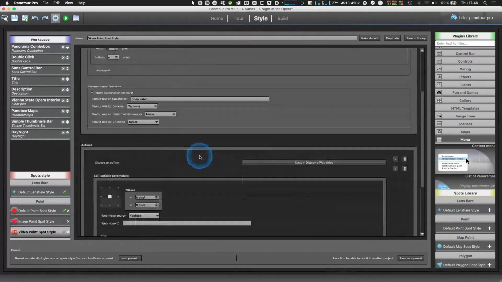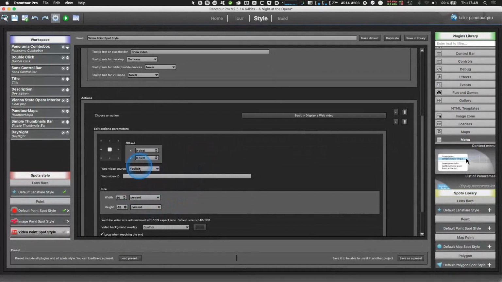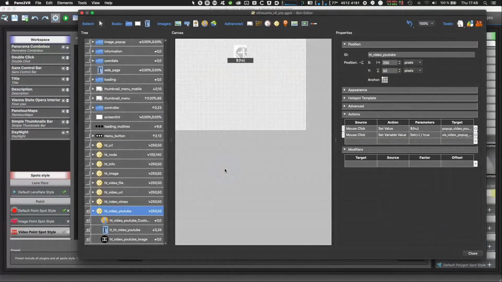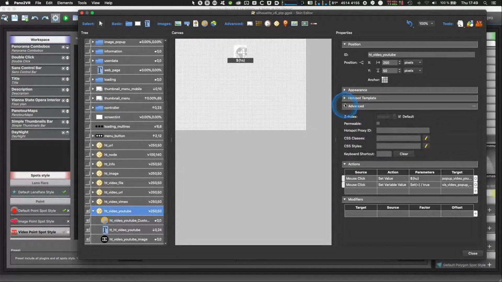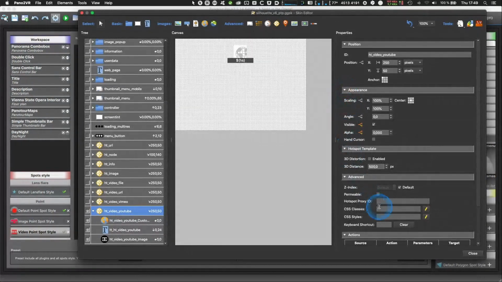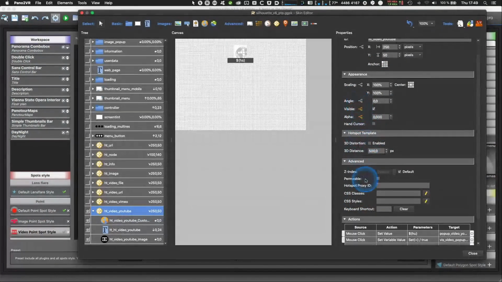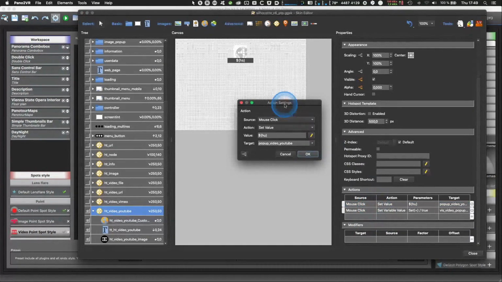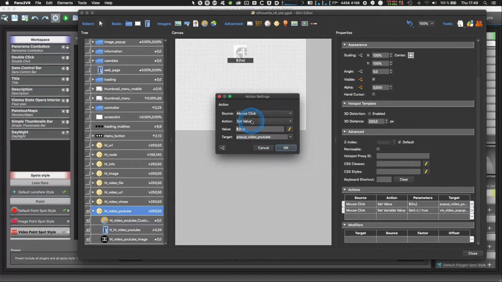And the video address is handed over to this and is opening a web source video and so on. This is what the action is doing and how the action is configured in Panotour Pro. And if you go to Pano2VR, you have these actions here. And if you go to advanced and to hotspot template and to appearance, you can define all aspects you have for this hotspot, and to make it visible or fading or something like that. And what's most important here is the first action you have on the mouse click, which is set value, and you're sending over a